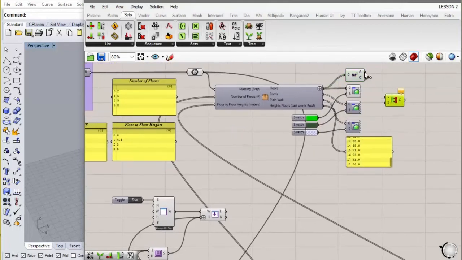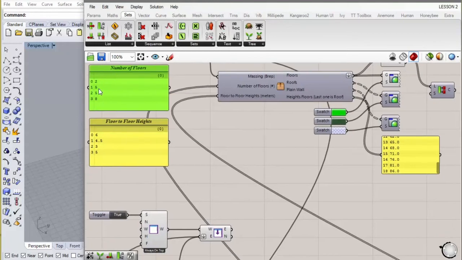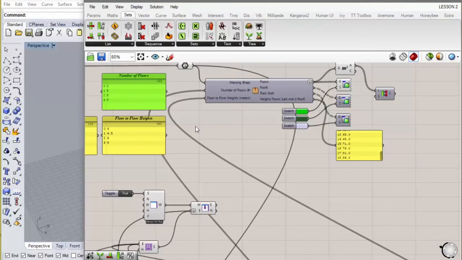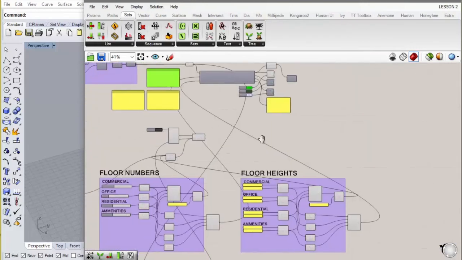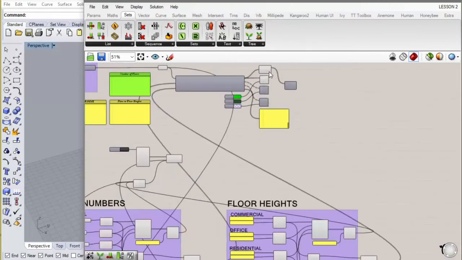So we put our areas into here, and actually this isn't very useful anymore because this isn't what the user has typed in. What the user has put into here is this list. These are the real floor heights.